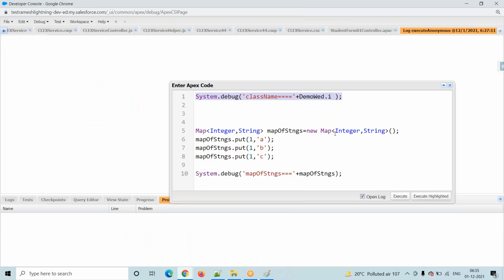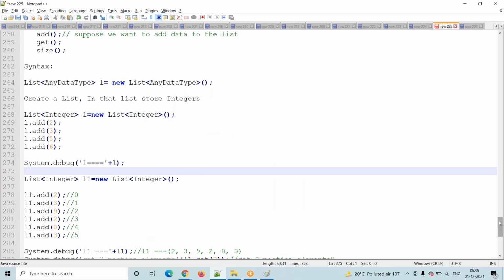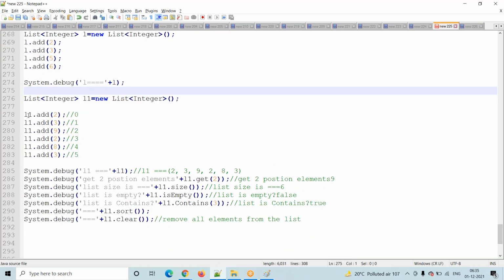This element, because here it is an integer, right? The system will add it at the zero position. Like that you can add n number of elements. The maximum number of elements we can add is around 1200, 1275, between 1300 only.